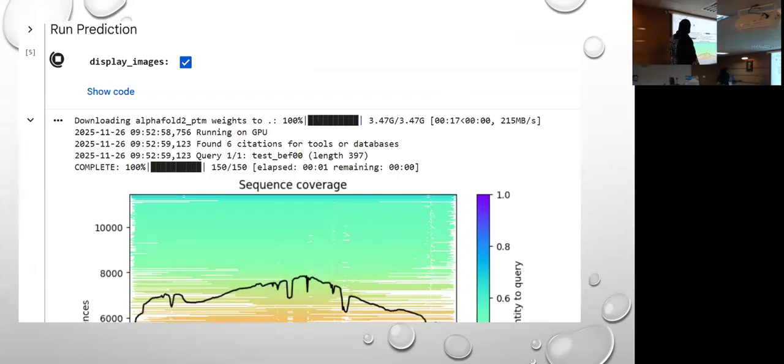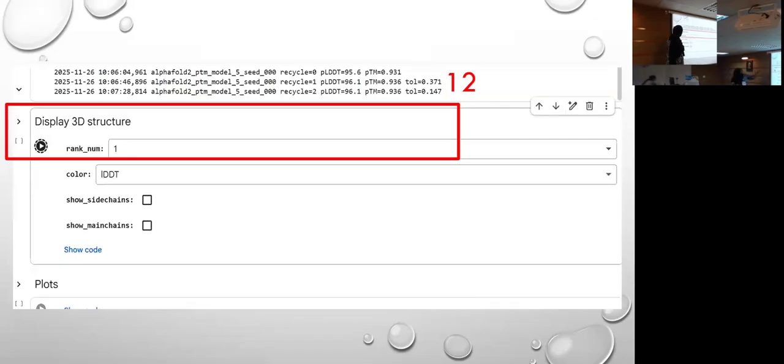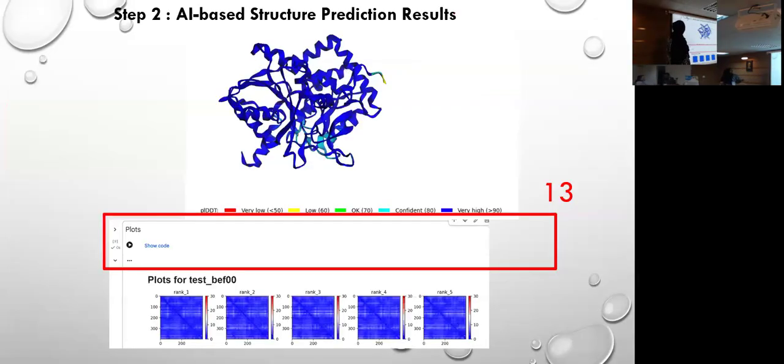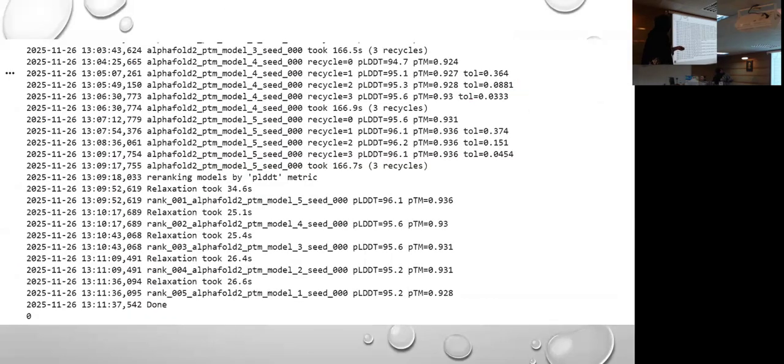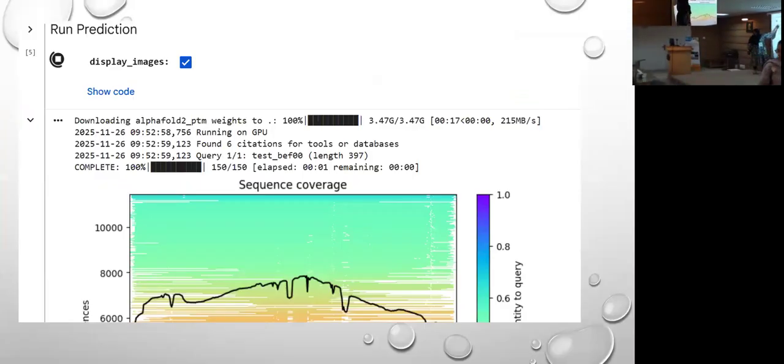It will show images like this before, and then you will get this structure. If you check this option and play it down, it will show results like this down in the cell.